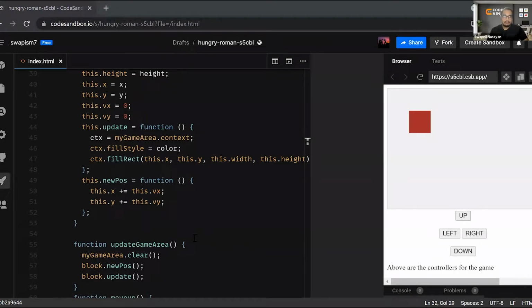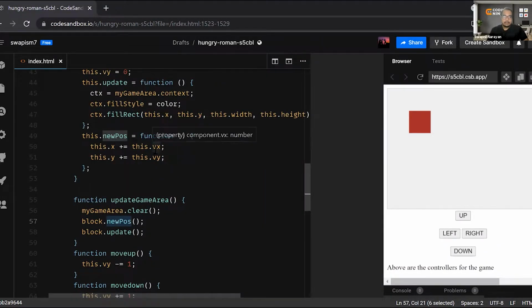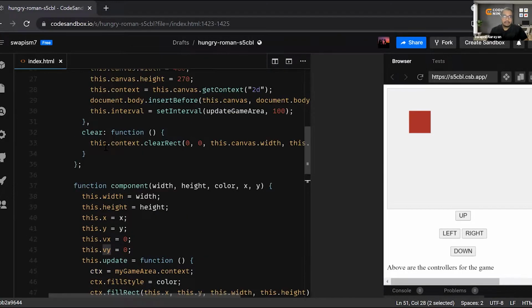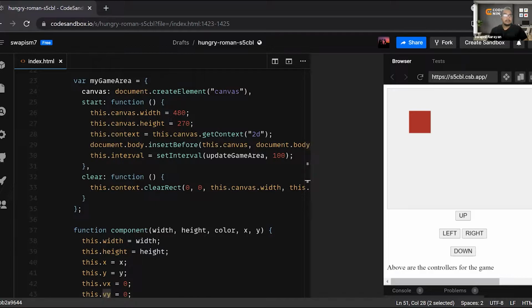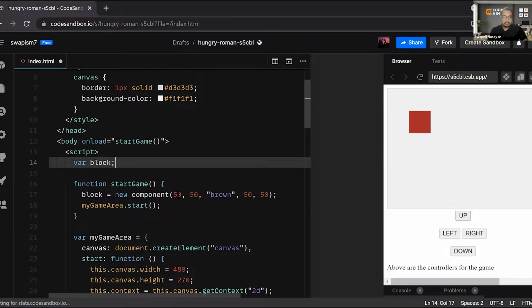Whenever this new position will be called over here, then this vx and vy are defined. Okay, these vx and vy are defined already. Yeah, I can see. Okay, let's not define it. Fine, I will explain it, don't worry.